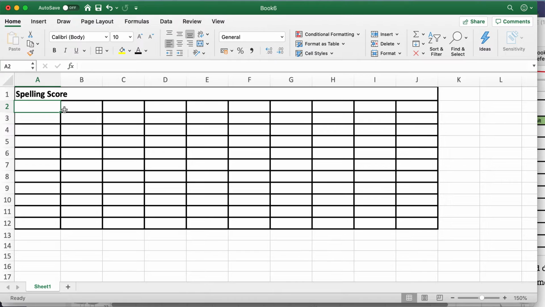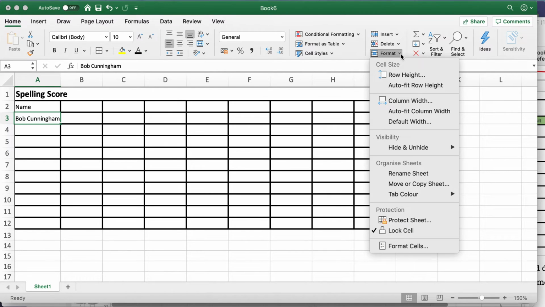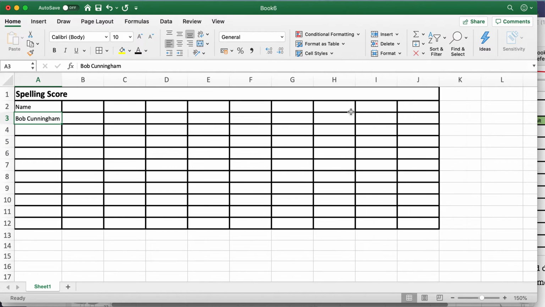Now I'm going to come down here. In this column, I'm going to be writing name. I'm going to start by writing my first name. And you may find that your name is longer than the box. So if that happens, you can click back into that box. You can go here to format and you can say auto fit the column width. So now it's changed to Bob Cunningham, who's a little bit longer, but now if I were to write